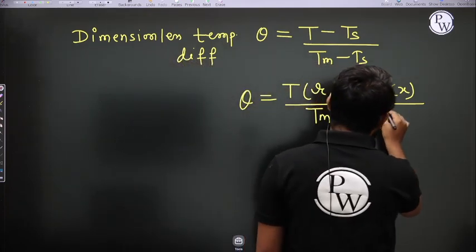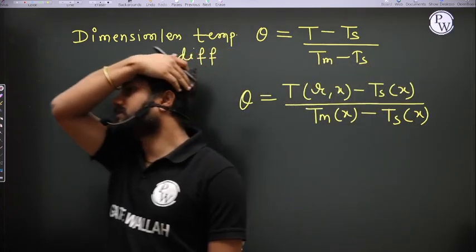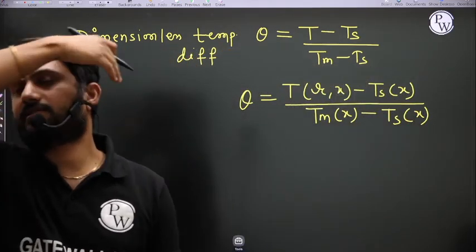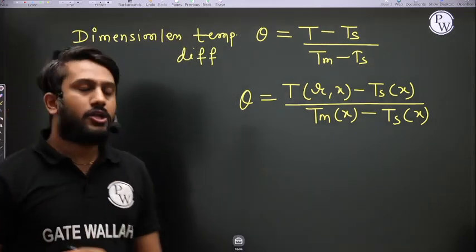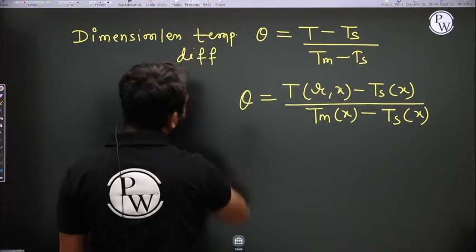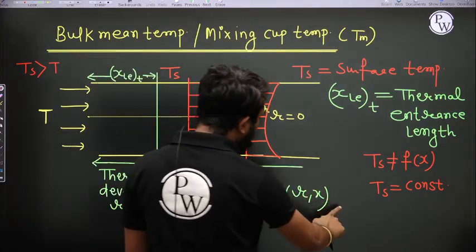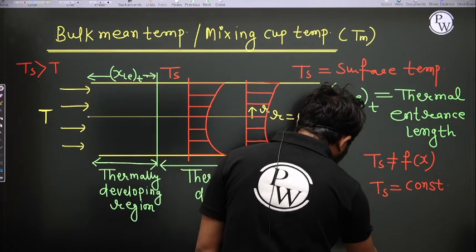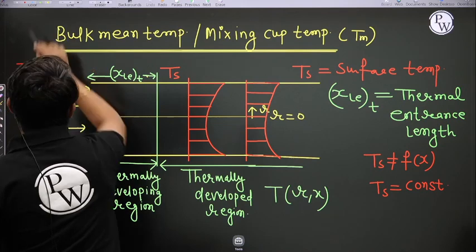And Ts, again, is the surface temperature. So I am defining a dimensionless temperature difference, that is theta. See here, in the thermally developed region, T is a function of R and X. That means we can't write here, at a particular R,